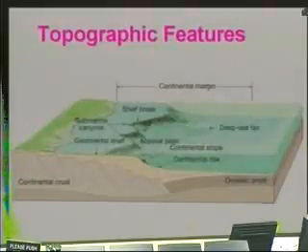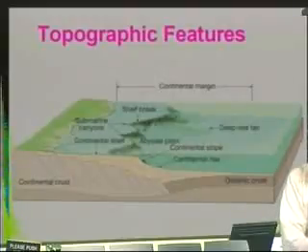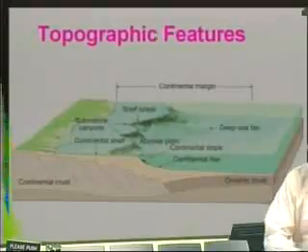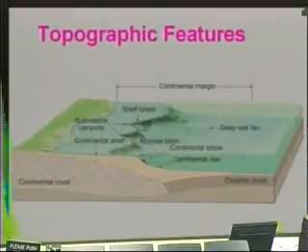So here we have just a nice simple diagram of some of these topographic features. We have our continental shelf. It's very kind of flat. It's probably no more than 1 to 3 degrees of dip. A 3-degree dip may seem like a lot, but it's not. Our continental shelves are pretty horizontal in that respect. And all of a sudden, bam, you drop off on the continental slope.